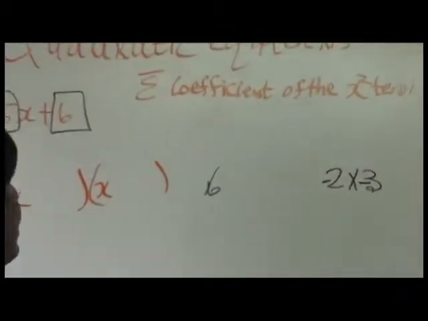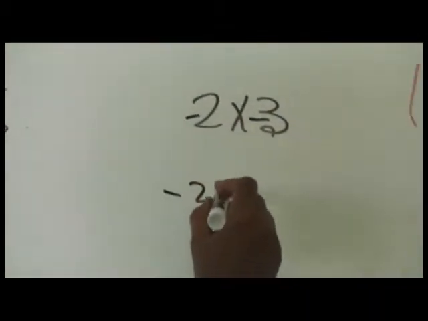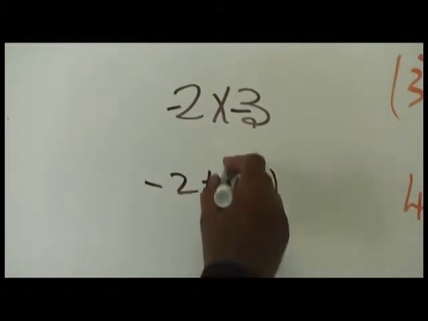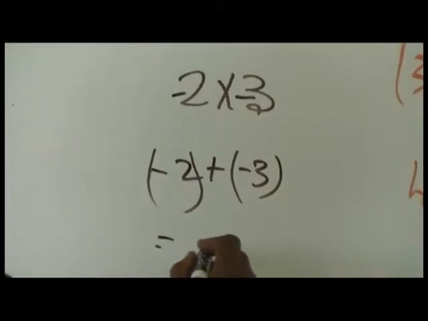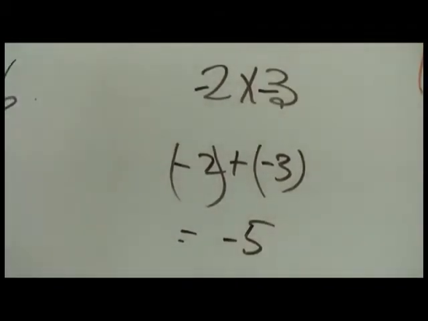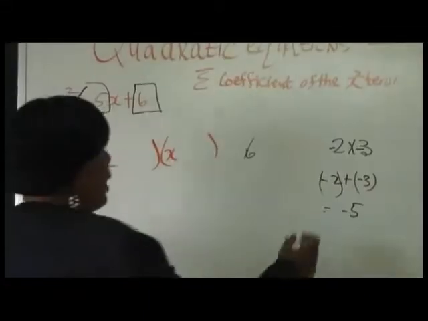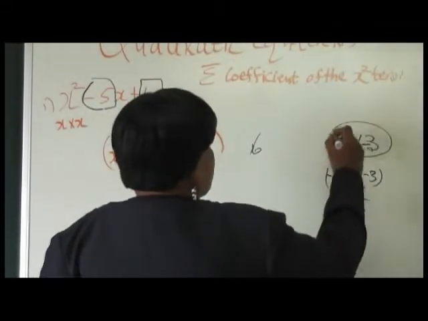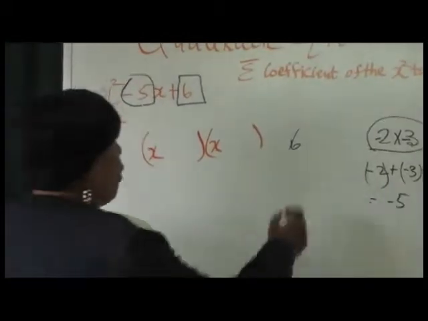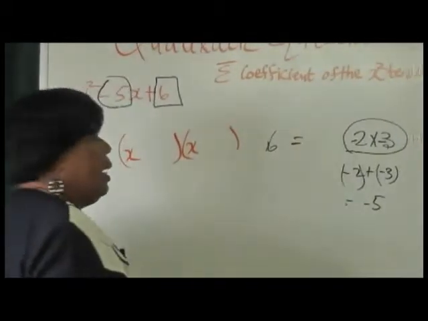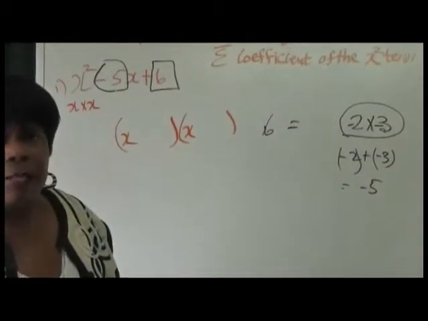So let us see why that can work. We have -2 and it is plus -3. We have made them negative numbers, and that would give me a -5. Okay, so we're getting our middle term. When we now step back here and we do our multiplication, what are we going to get? Because we're looking for our +6. Is that going to give us our +6?